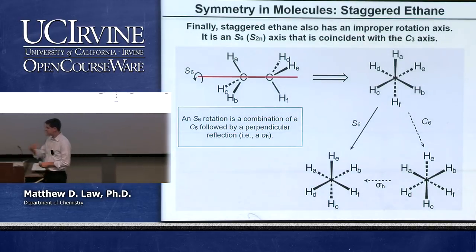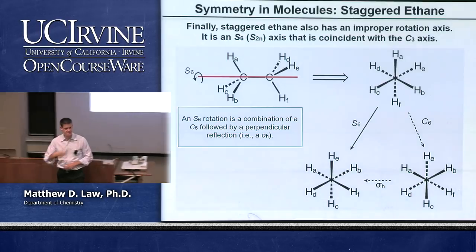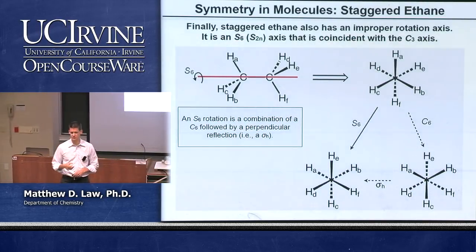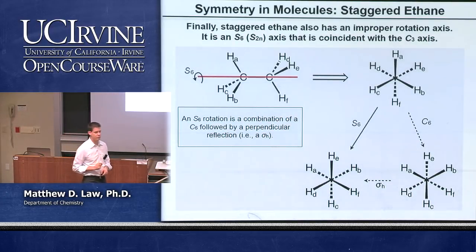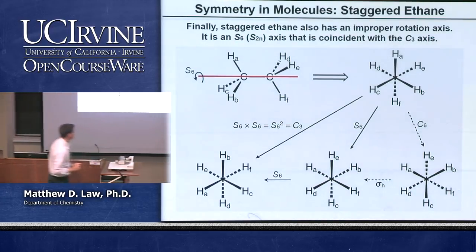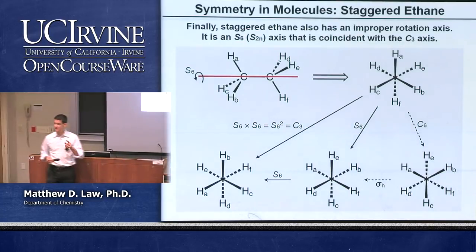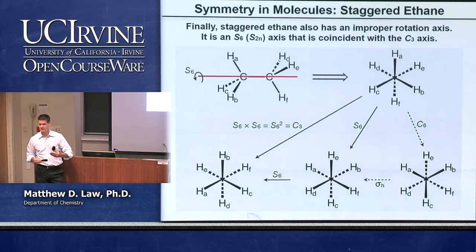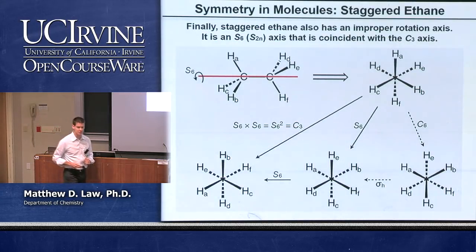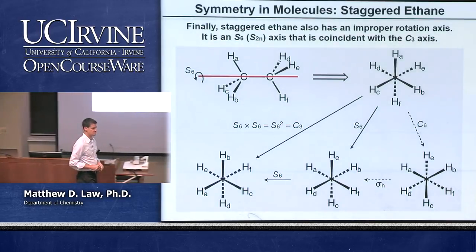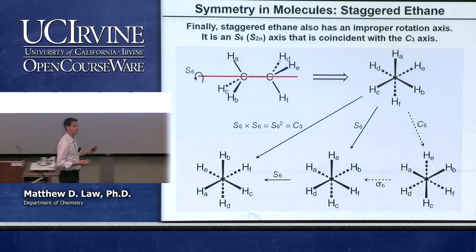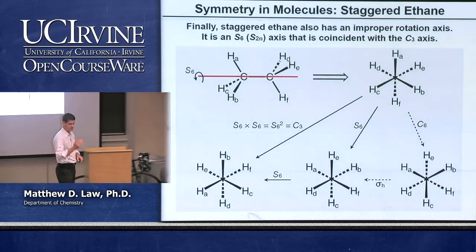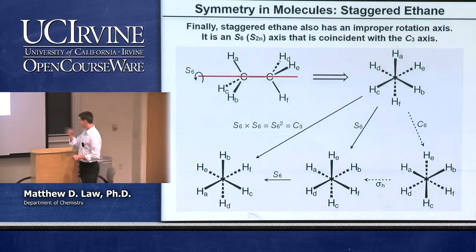And just like the principal axis, we can continue to do S6 operations. And what we're interested in is what S6s are unique, okay, that haven't already been described in another form. If we perform a second S6, then we rotate 120 degrees and we do a mirror reflection once and then twice. That's the same exact thing as just doing a C3 operation. Okay, so we could describe it as an S6 squared, but we've already seen that that's a C3. We've already accounted for that particular operation in our list. Okay? So that's not a unique one.